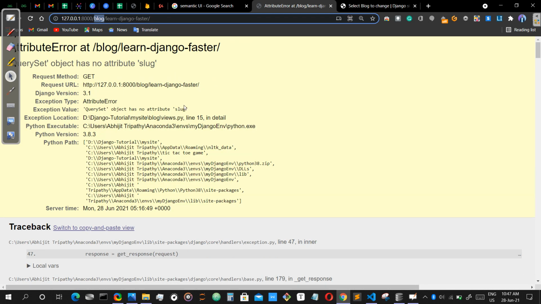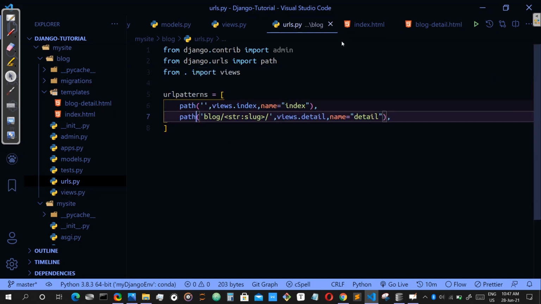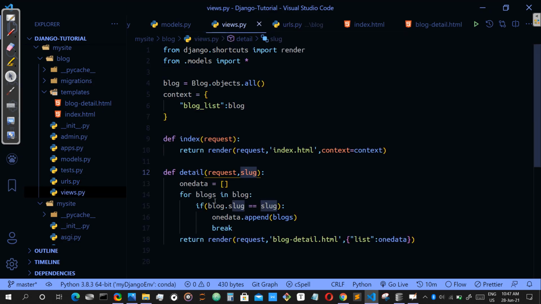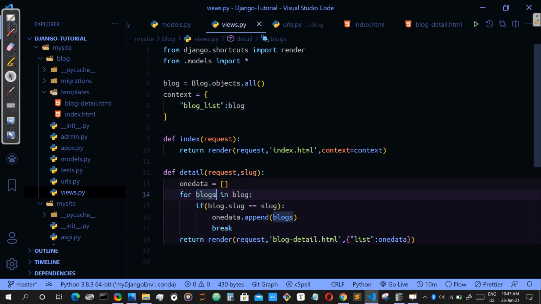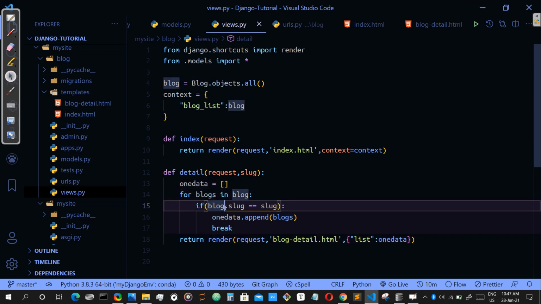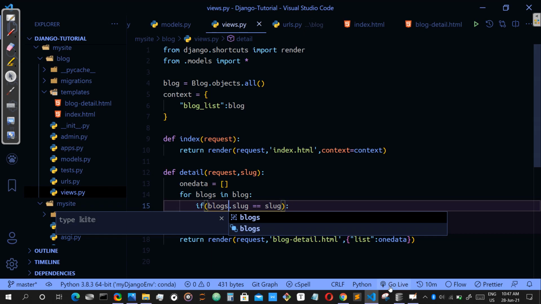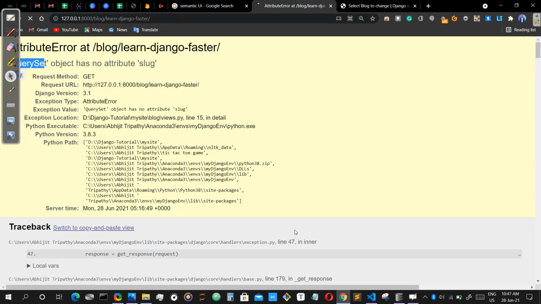So let's see what is the exact problem with our views.py. What is that query set? I'm telling you, this is actually the query set. We made a typo. This returns a query set. Now we are asking for blog.slog, but what is the iterating object here? That is blogs. So we are going to pass blogs.slog here. That's just a typo, but it gave us another concept, that is the query set.